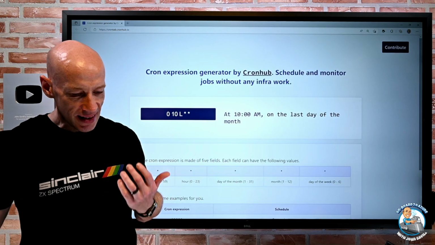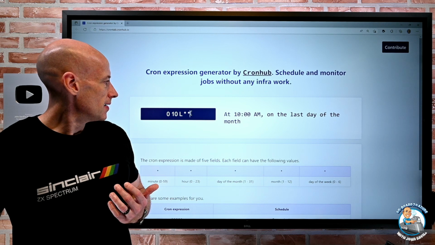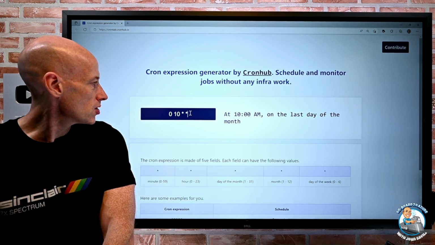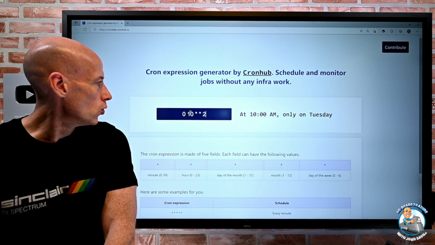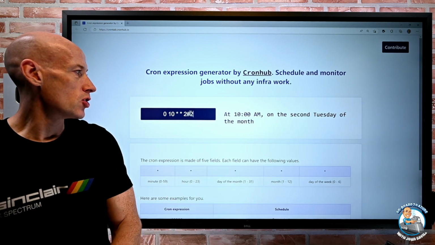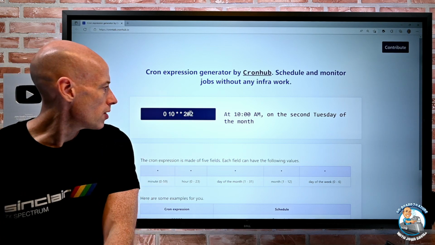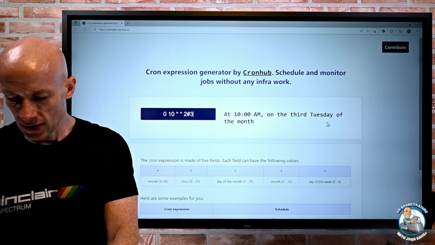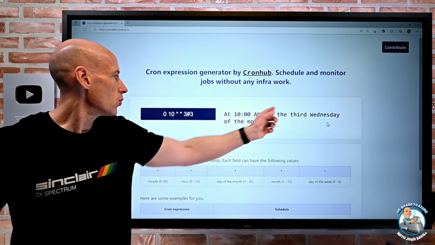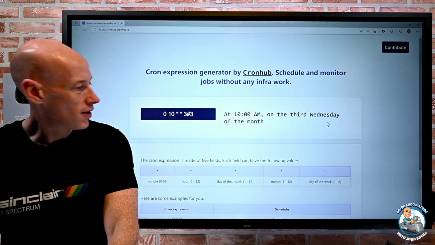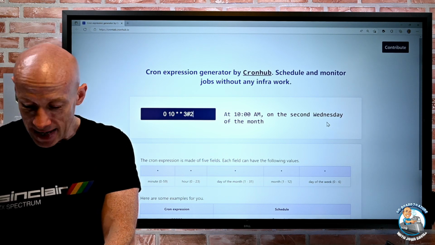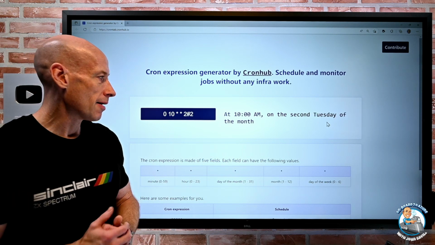So in this case, I'll just leave the 10. But what we're going to say now is we'll change, it's not the last, we'll just do star, star. And remember, it's 2, which should just be Tuesday. But what I want is the second Tuesday. So instance 2. Now, if I changed it to 3, that's the third Tuesday. If I changed the first 2, which is the day of the week, to a 3, now it's the third Wednesday of the month. Or I could change it to the first Wednesday of the month. So that helps us get to a particular instance of that.